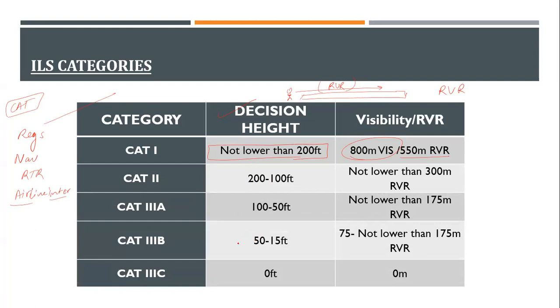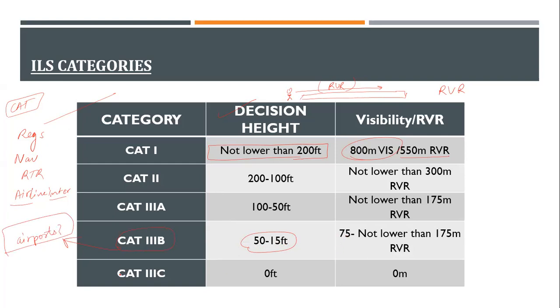If you see the decision height in Bravo, it is just 15 feet. That is somehow even less than the height of an aircraft. 15 feet is nothing in comparison to an aircraft. So that is the level of accuracy the pilots require. Now you have to tell me in India which airports have the category 3 A and B permissions or permits. Find it out. Let me know tomorrow or whenever the class is.